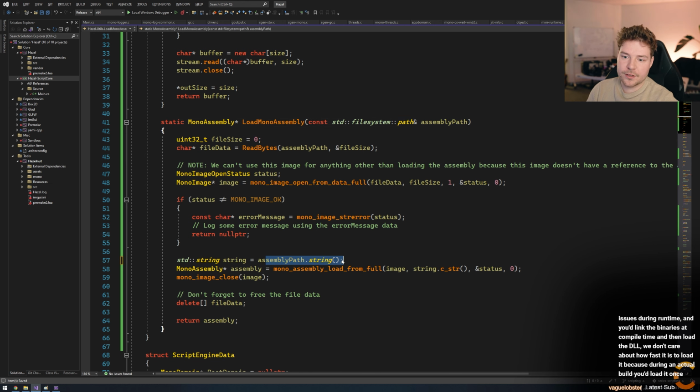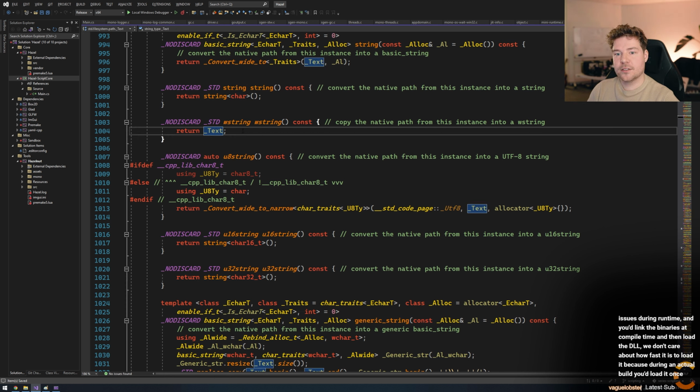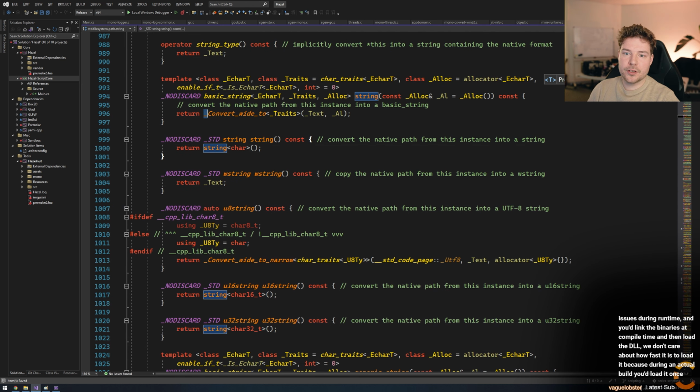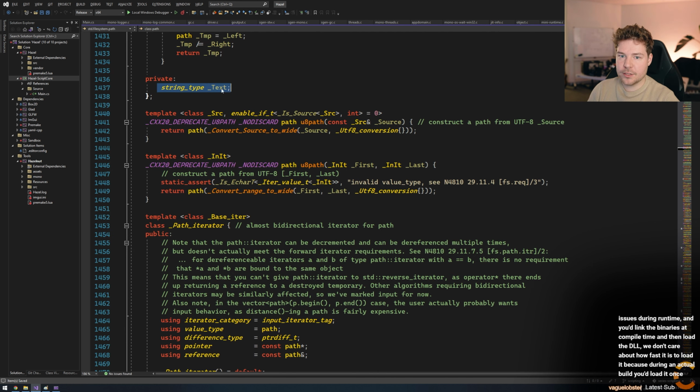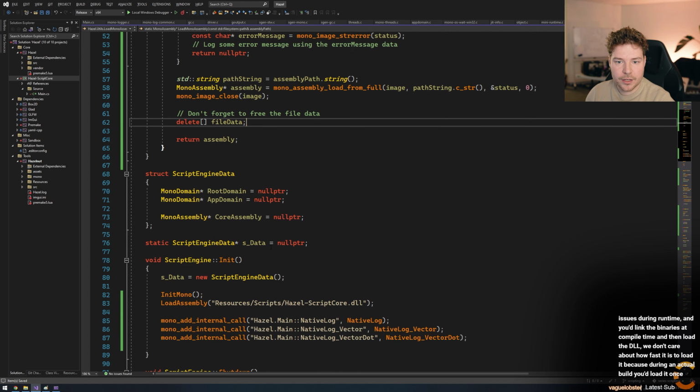So we first have to convert the wide string. By calling string, you can see we get a string of chars here, instead of text, which is a wide string. It calls this function, which converts our text, which is what's actually storing this, into non-wide characters, like UTF-8, which is what this is. And then that's what we'll use here. So we won't call it string, we'll call it path string, and we can just say path string.